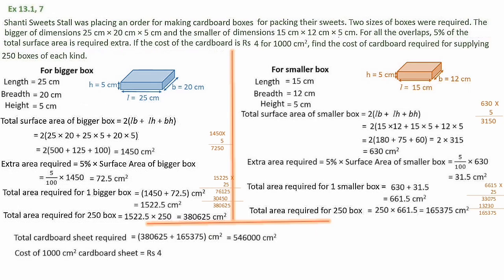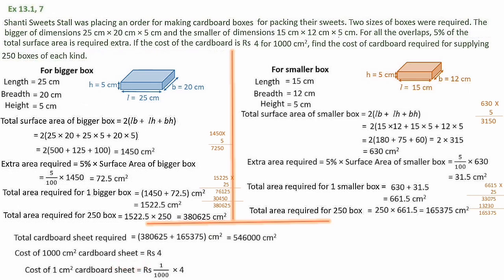Here actually we need to calculate the cost. Here cost of 1000 centimeter square is given to us. Cost of 1000 centimeter square of cardboard is rupees 4. From here we can calculate the cost of 1 centimeter square cardboard. That means this 1000 you have to bring to the right side, means division. 4 divided by 1000. Simple way is 4 divided by 1000. That is easy for you to understand. 1 centimeter square means bring this 1000 to the denominator. So rupees 1 by 1000 into 4. This is 1 centimeter square cardboard cost.